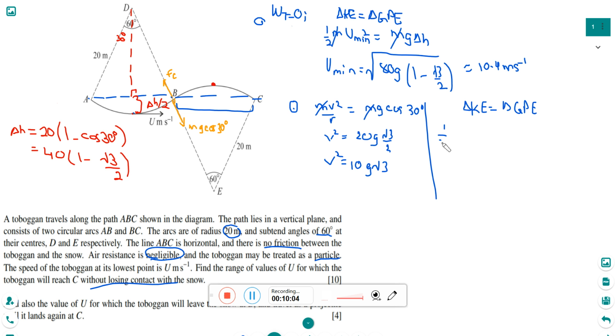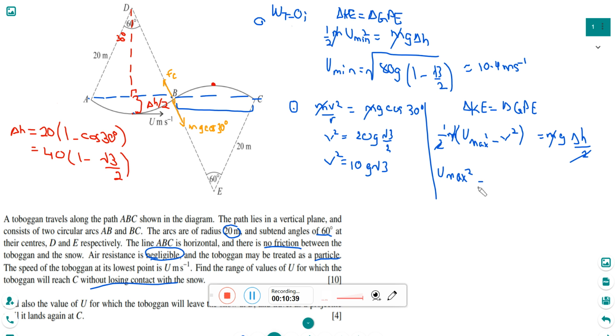So half m times u maximum square minus v, which is the velocity at point B, at position B, is equal to mg times delta H over 2. We can cancel these two, and we can cancel these, and implies that u maximum